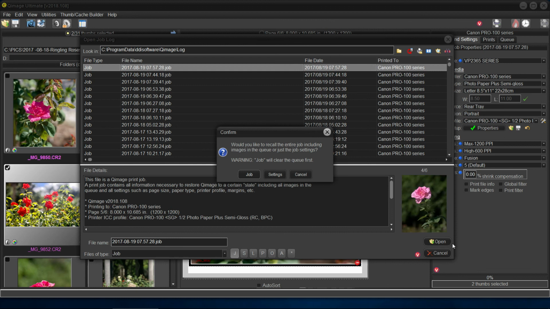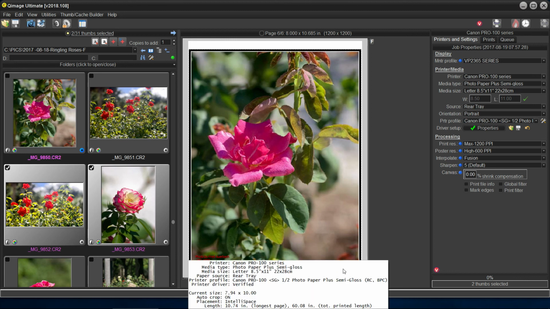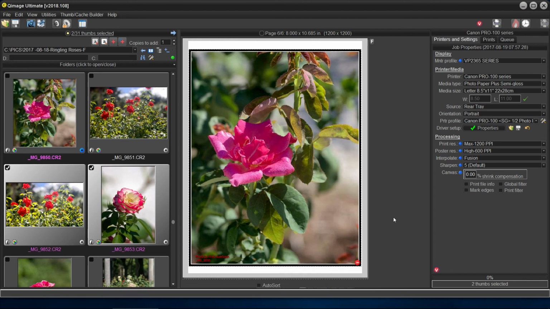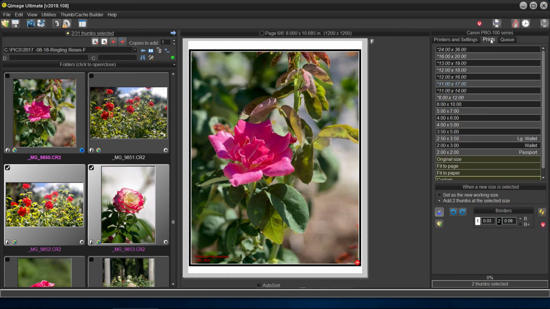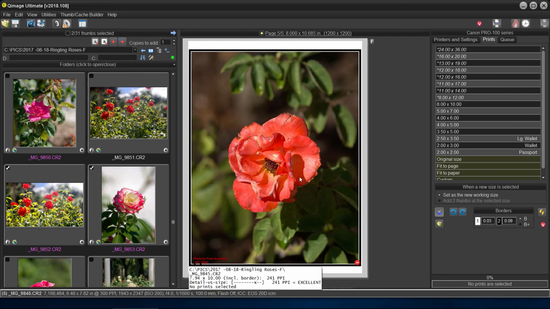Click open, job, and there it is. So I've got all these pictures. I've got 6 of them, like that. And I'm going to be able to repeat. I've got my borders, I've got my signatures, I've got everything ready to go, and I can go ahead and repeat this and just click print. If I just want to print one of them, fine. Just delete the ones you don't want and save the one you do want,